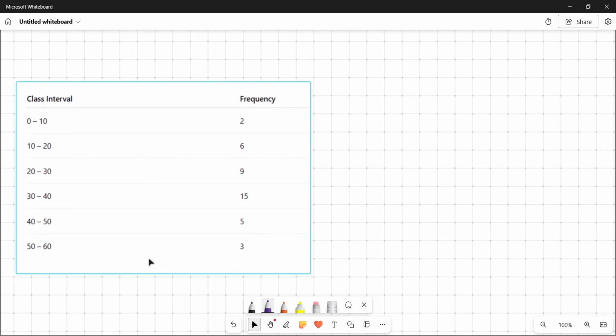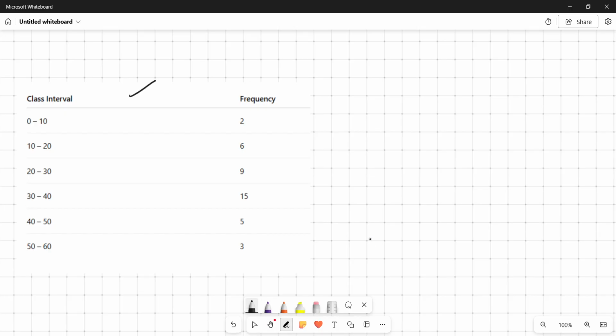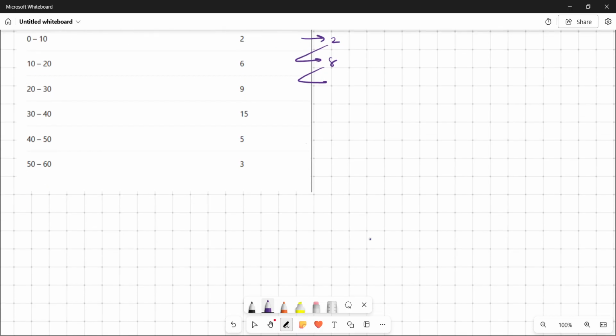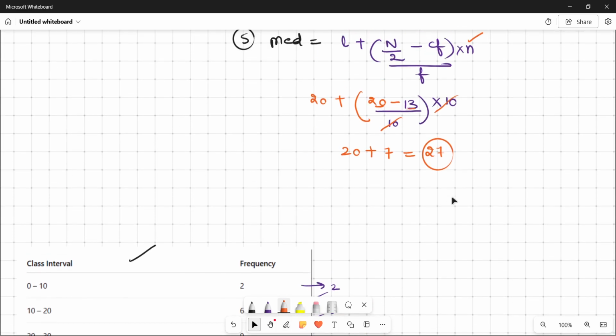Now moving to the next example. First of all, you can practice this question on your own. You have to calculate the CF, like 2 plus 6 is 8, and then 8 plus 9, and this way you calculate the CF. The last value of the CF that you get will be the value n. Then you divide this n by 2, find the median class, and follow the same procedure that we have done in this question. So let me